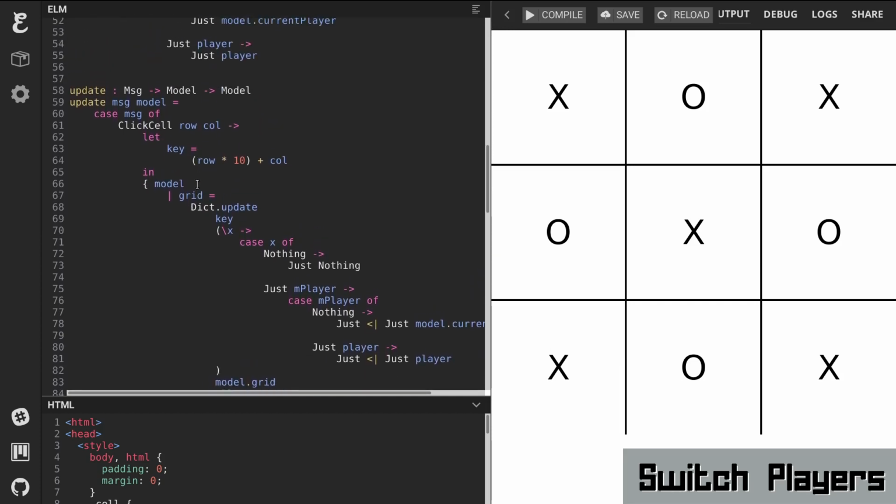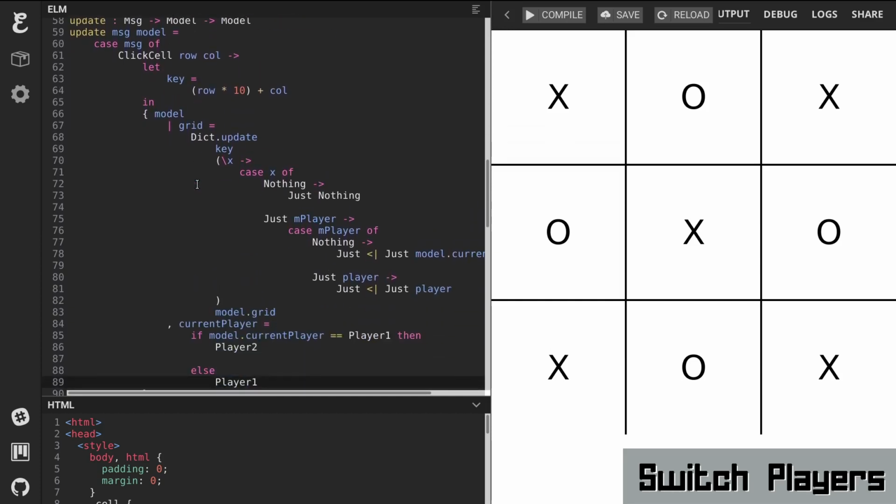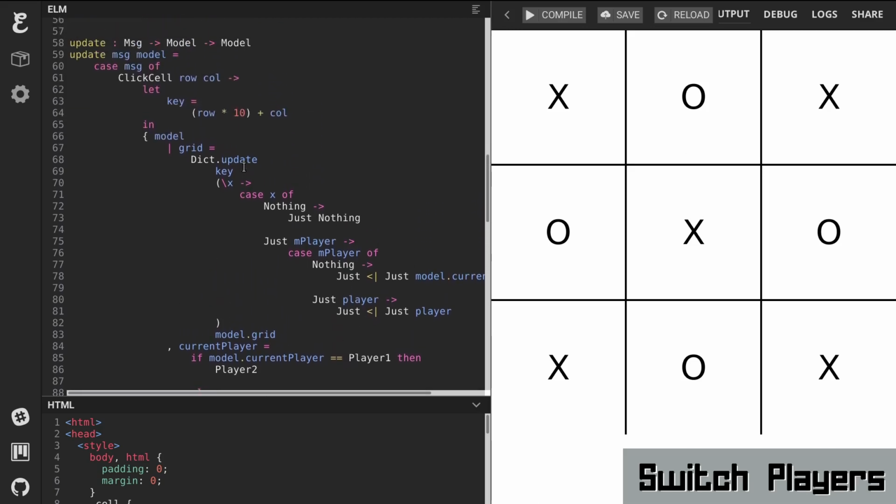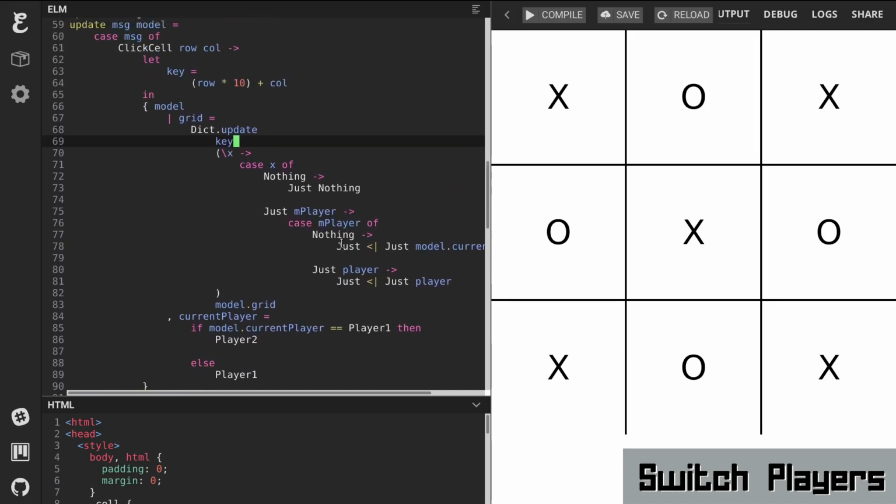The grid. It's like we have two different pieces, but they're kind of coupled together. I don't know. Yeah, I don't understand something. So